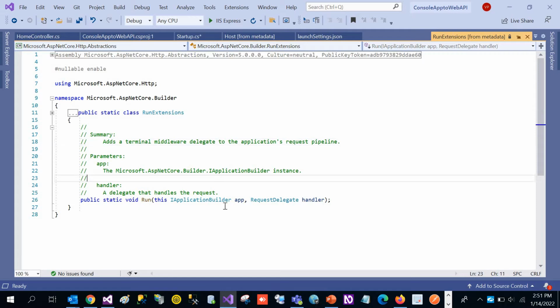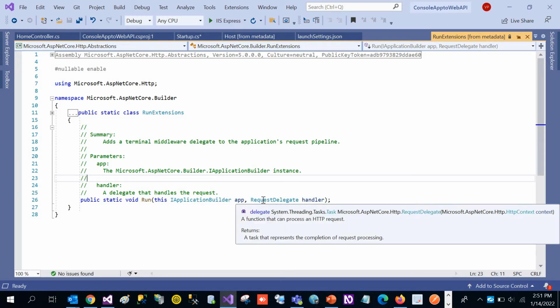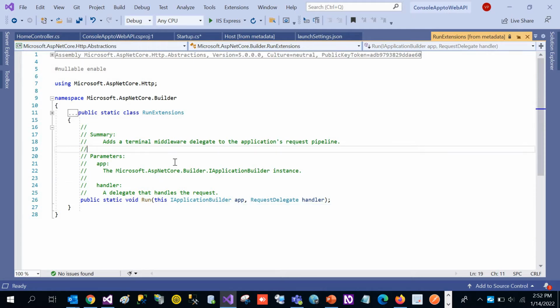And it is expecting two parameters. First one is your app, IApplicationBuilder app, and the second one is of RequestDelegate, and it is available in the RunExtensions class, right? And that is your static class. So let's go back to the code,